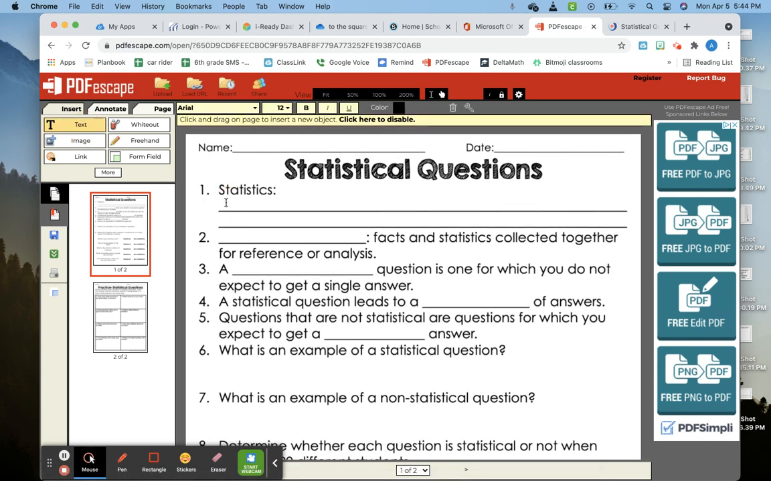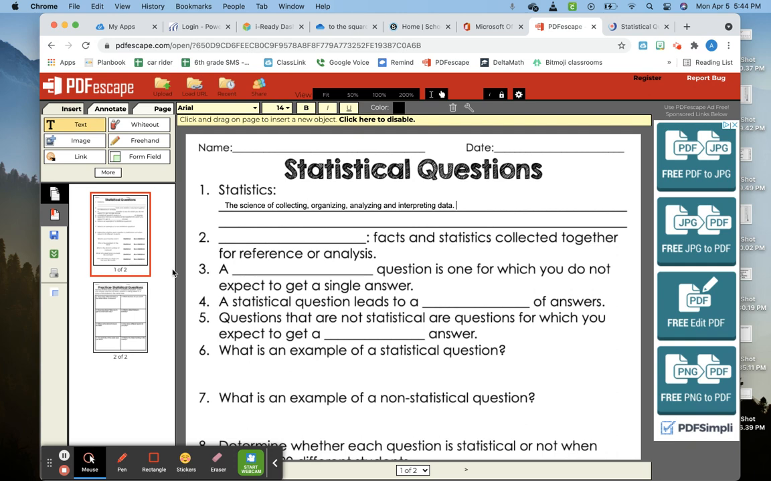First, we need to know what statistics are. Statistics are the science of collecting, organizing, analyzing, and interpreting data. Basically, it's just looking at data and seeing what we know about it, what we can tell from it,